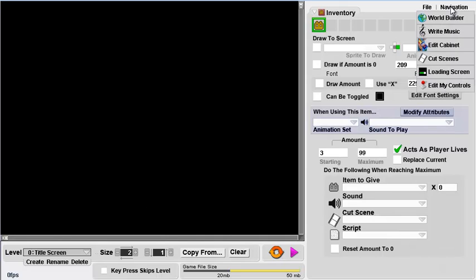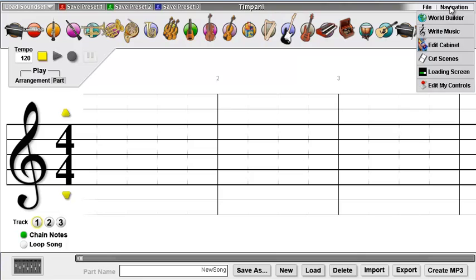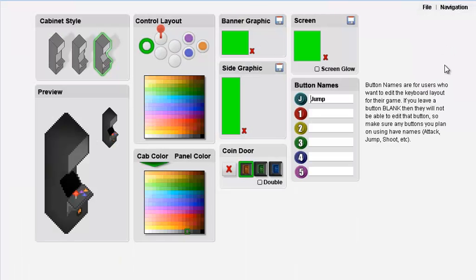Over here on navigation, we've got some of the different panels that we can work with. These are more major features. World Builder, that's what we're in right now. We can go to Write Music, which is the music composer, Edit Cabinet, and down here we've got button names. We'll probably show this in another video as well. But this allows you, when someone hits the tab button to open up their controls panel, this allows them to set each